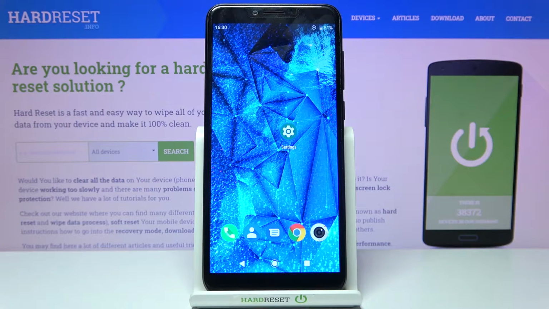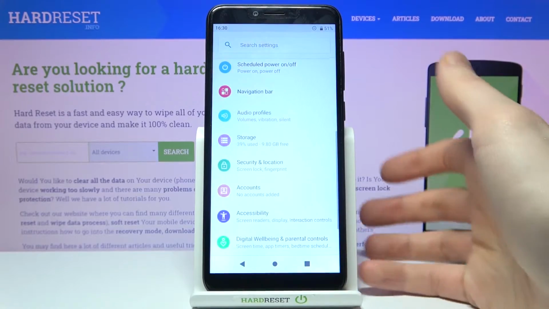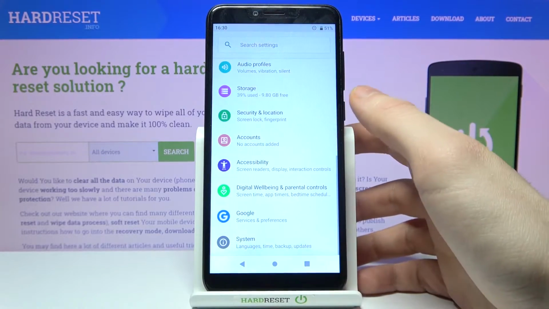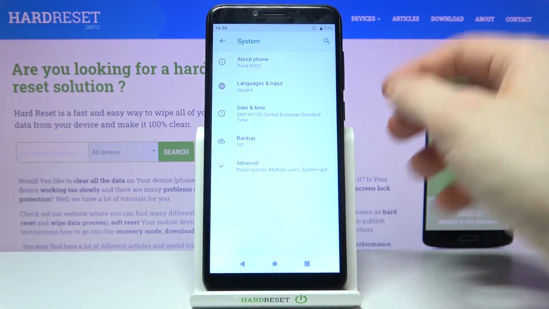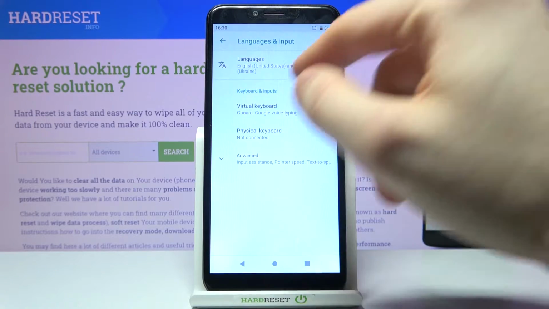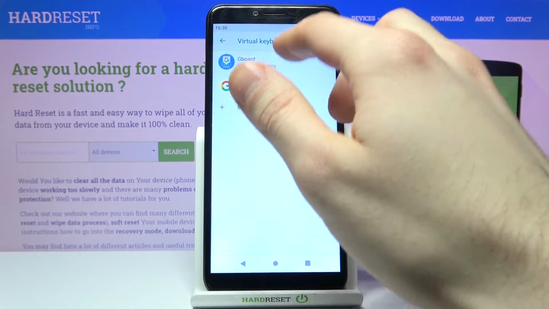Here I have VIVAX Point X503, and today I'm going to show you how to change keyboard language on this device. So firstly, you have to open settings, then you have to enter system section, languages and input, virtual keyboard,